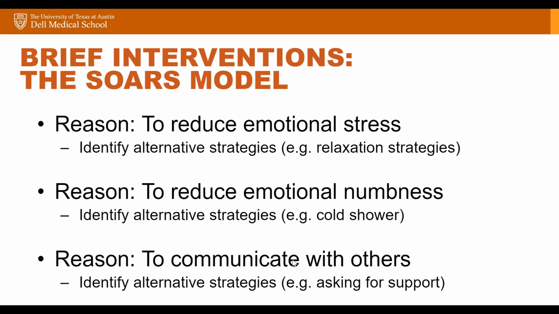So asking for support, talking to a friend, talking to a parent, going to a counselor, things along those lines can be helpful ways there, right? So finding ways to more effectively communicate would be the more immediate brief intervention that can be offered in the moment here. As I mentioned already, this is a brief overview of some simple interventions to try out with